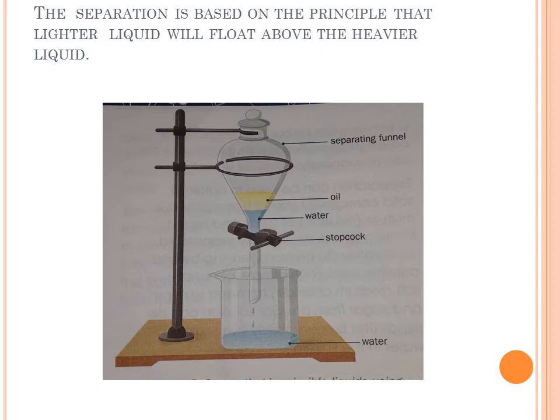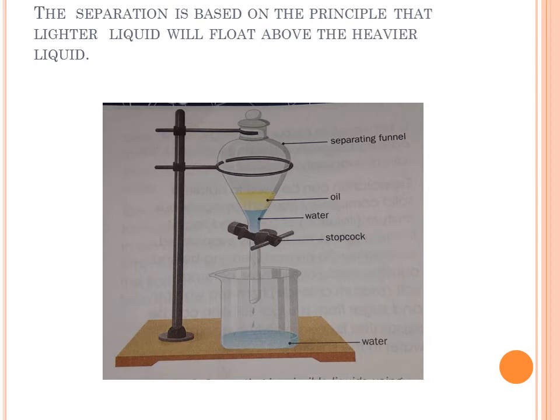To separate the components of an emulsion, the mixture is put into a separating funnel and allowed to settle. After some time, the liquids form separate layers, one above the other. The liquid forming the lower layer is collected in a container by opening the stopcock. The stopcock is closed after the liquid in the lower layer is collected completely. The liquid forming the upper layer is collected in a similar manner in another container.